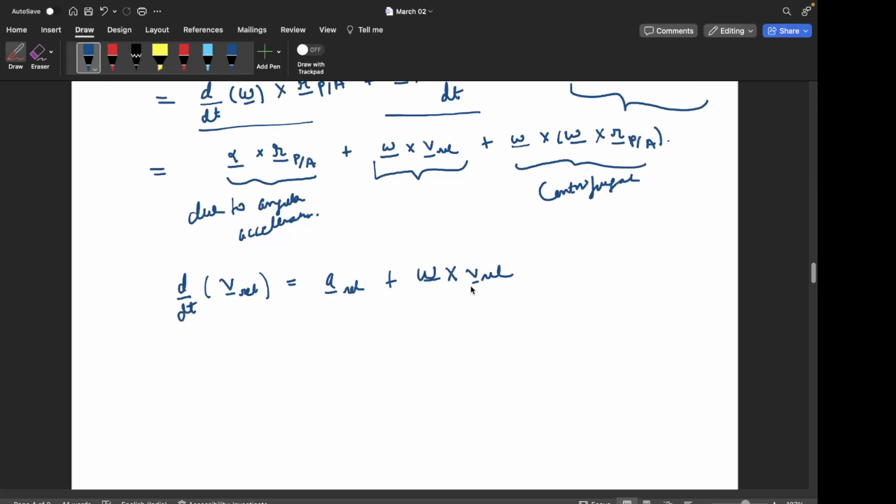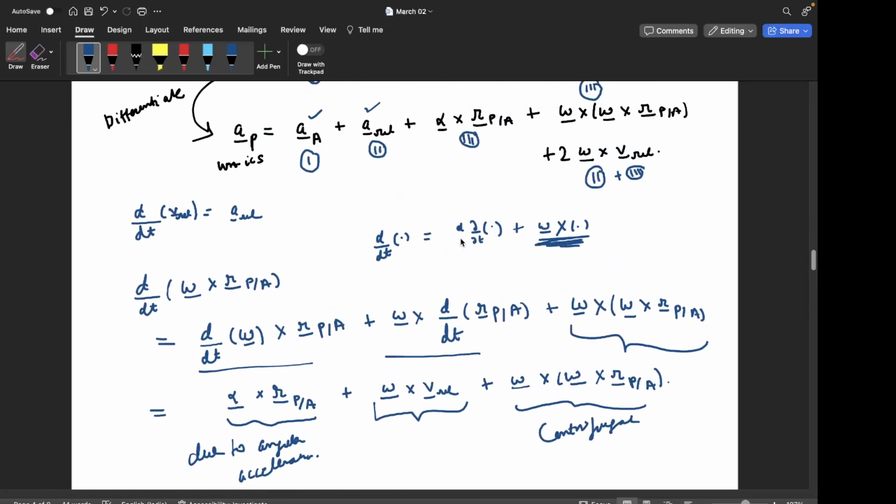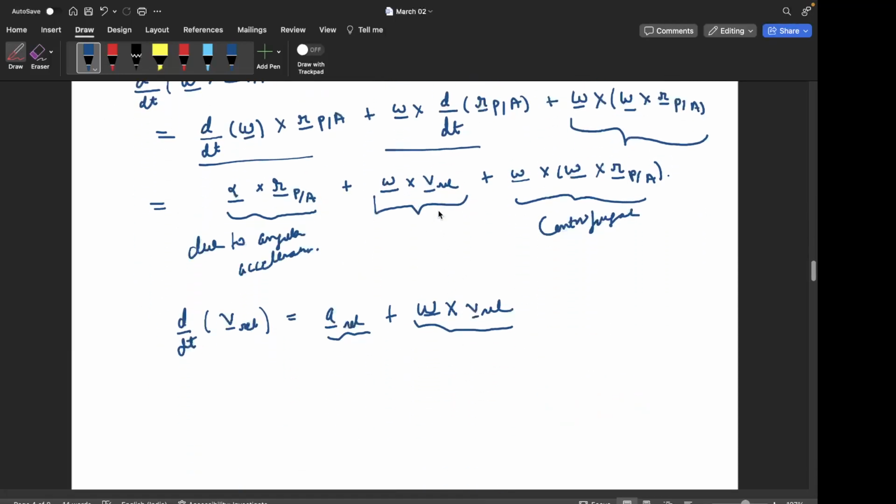So the second quantity is due to the reason that the frame in which we are differentiating, or the frame with respect to which VREL is defined, is rotating. Okay, so due to that also there is a change in the direction. So this term is here also, right? And AREL, as I mentioned, is there. So AREL is here, and since omega cross VREL occurs twice, this is 2 omega cross VREL, and these two terms are called the Coriolis term,